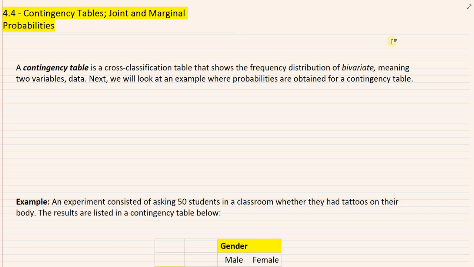Okay, so first of all, what is a contingency table? A contingency table is also called a cross-classification table. It's a table that shows the distribution of scores for bivariate data. That is the frequency distribution of bivariate, meaning there should be two variables in your data. Okay. Now, before we actually look at an example, let me give you a general structure of what a contingency